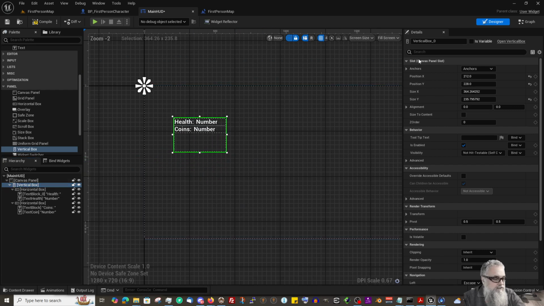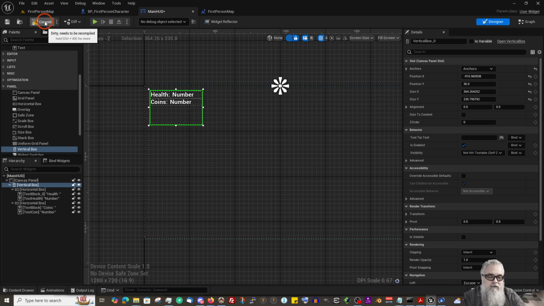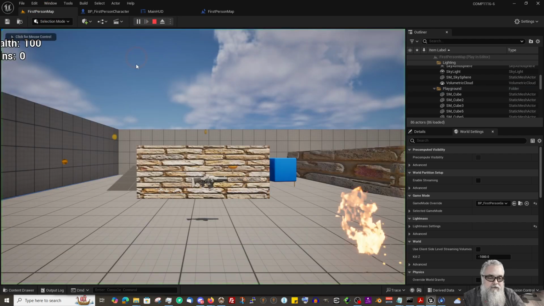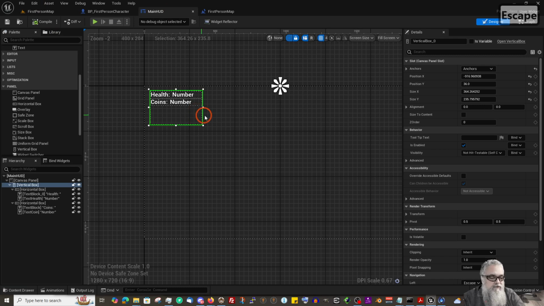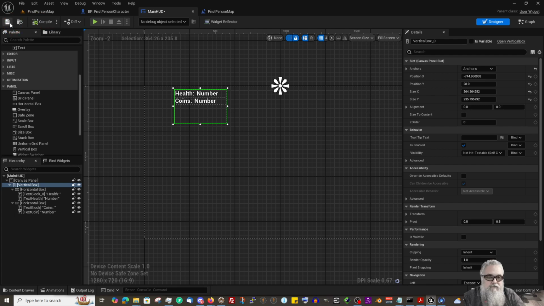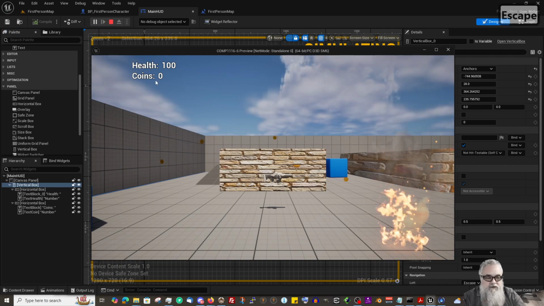Again, we want to make sure it's anchored relative to the top center, and I placed it too far over, so let's grab it. Okay, so we now have our